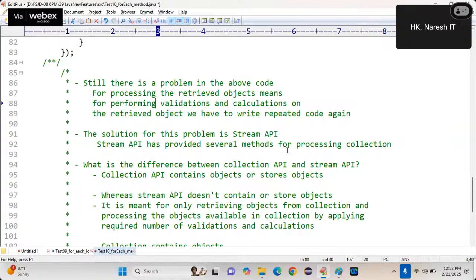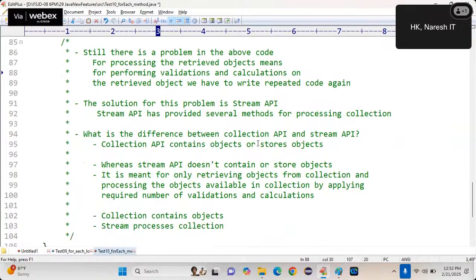What is the difference between Collection API and Stream API? Collection API contains the objects, whereas Stream API processes the objects. It doesn't have objects.